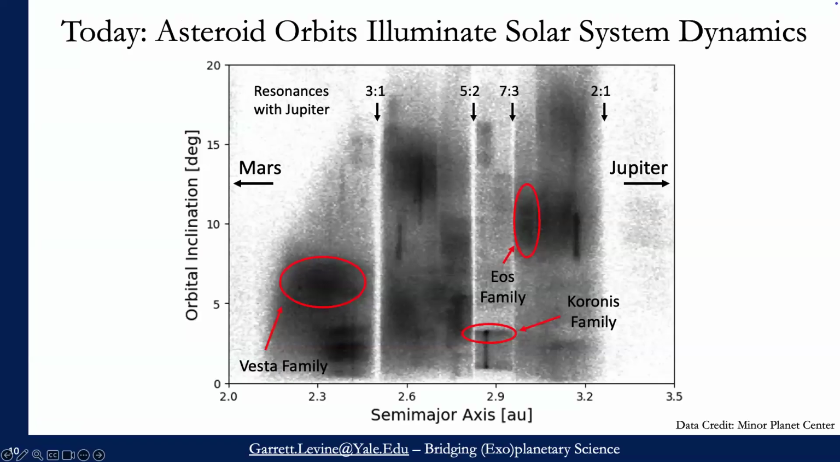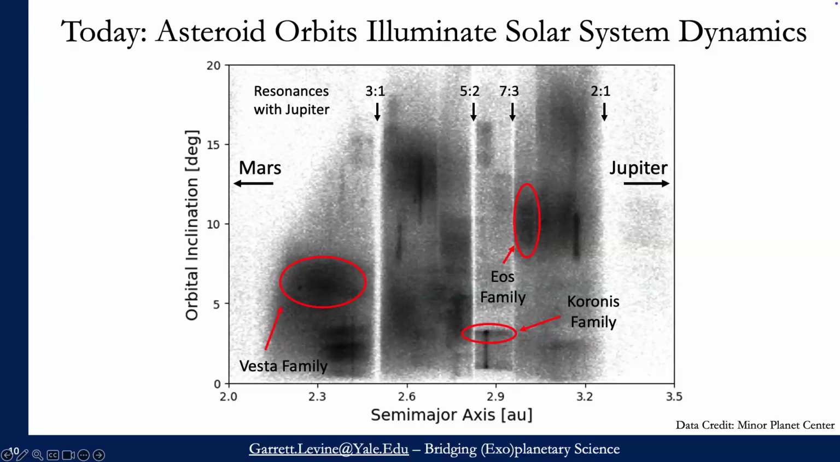Now, at the population level, asteroid orbits help us illuminate solar system dynamics. This is the inclination versus semi-major axis diagram of the main belt. This is kind of the radius-period diagram equivalent of small body science. Now, we see that there's a lot of structure here that we can explain. For example, the Kirkwood gaps at these semi-major axis resonances with Jupiter are places that Jupiter has evacuated the small